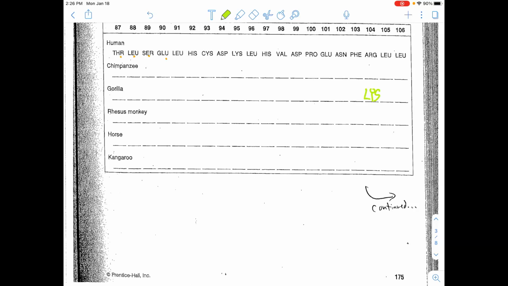Now, I'm going to leave you to check the other ones out. It stands to reason that all of these guys here are primates. Primates are a family of animals that includes monkeys and gorillas and humans. So they are going to have a lot more in common maybe than the horse and the kangaroo. But you can check that out as you're working on things. So go ahead and fill in this table, and then you'll be